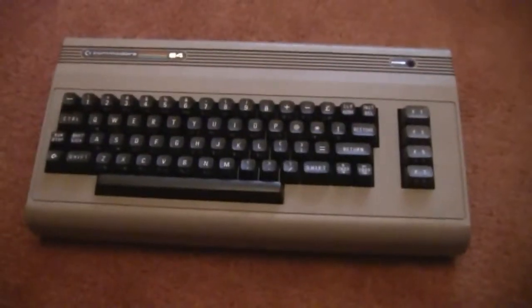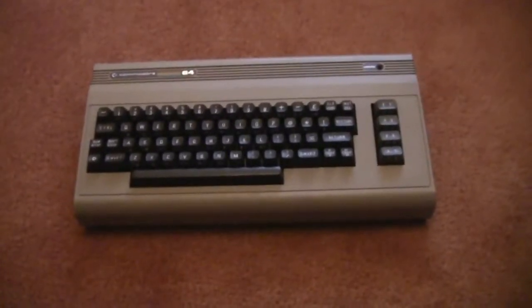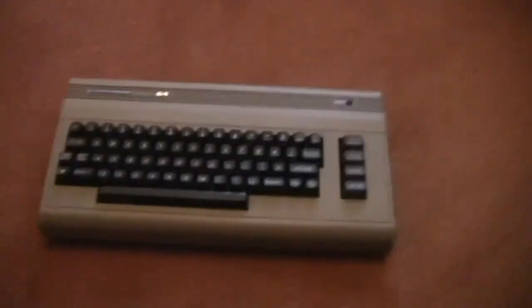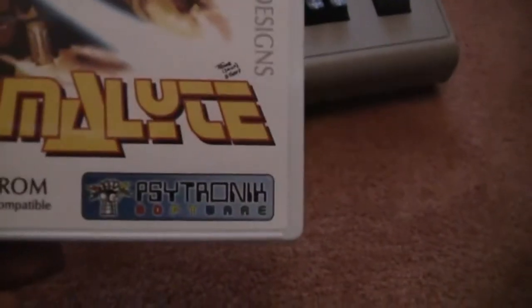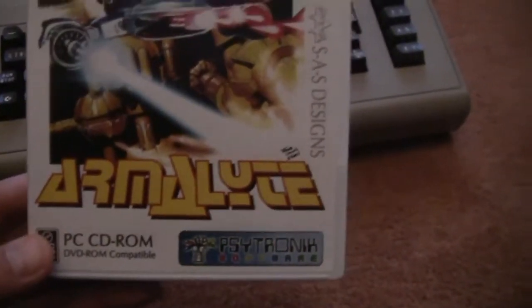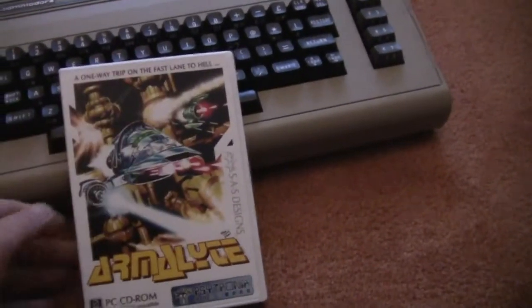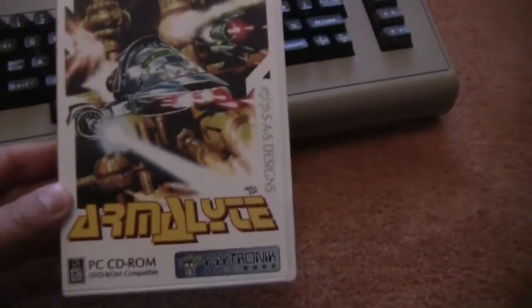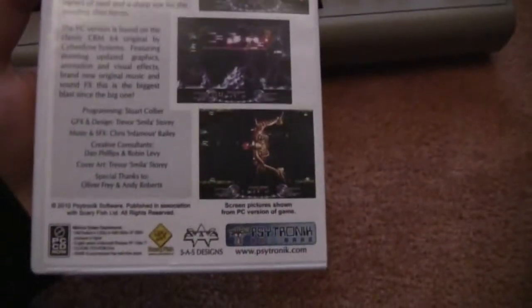It was host to quite a huge number of great games, including a lot of shmups, and one of these shmups is Armalyte. And what I have here is actually a remake by Cyberdyne Software. It's a PC CD-ROM, and the design is very close to the old Thalamus design, but it's a remake for PC with enhanced graphics, and it comes on CD,